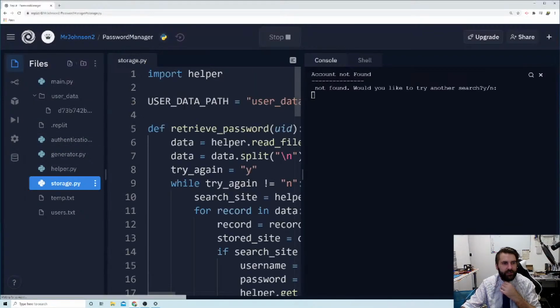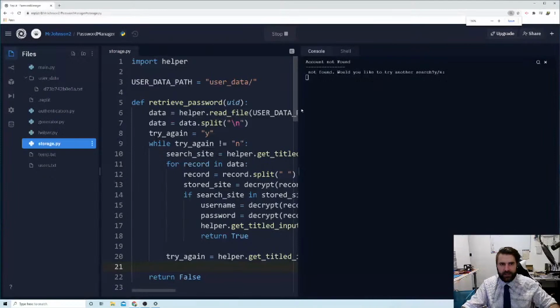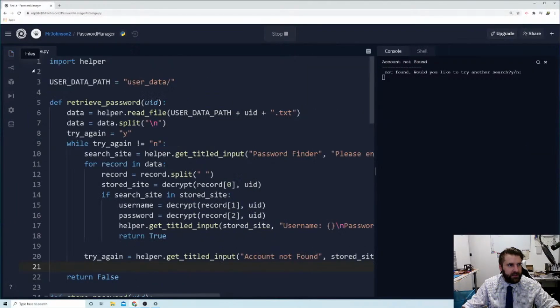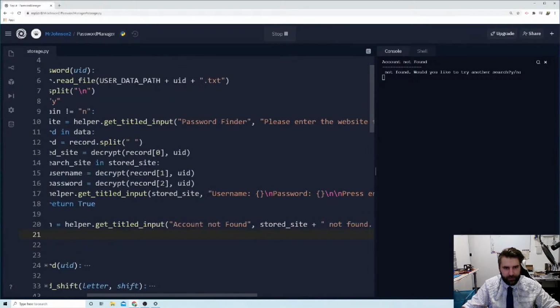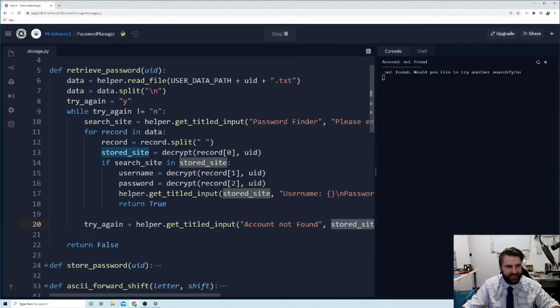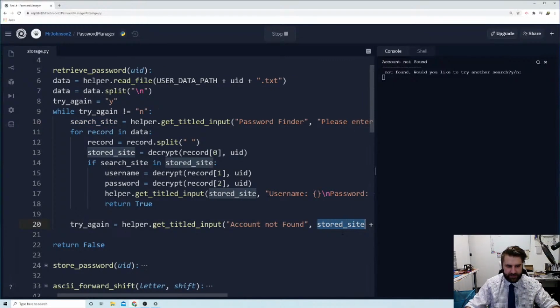So let's jump into storage. I'm going to zoom out a little bit. Down here we are saying stored site, right? But our stored site is the one that we decrypted here. Obviously we didn't decrypt it because we never found the correct stored site. It was never there, and this variable has died. So we need the search site. What I'm going to do is just change this to search site, and let's run this and see if we can get a